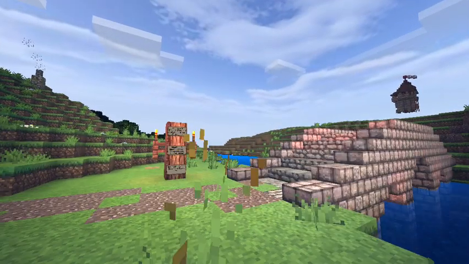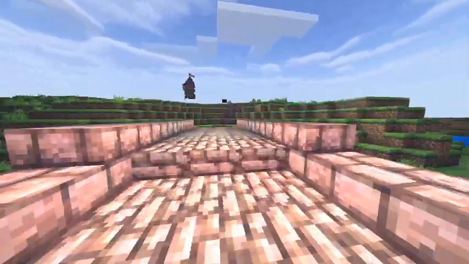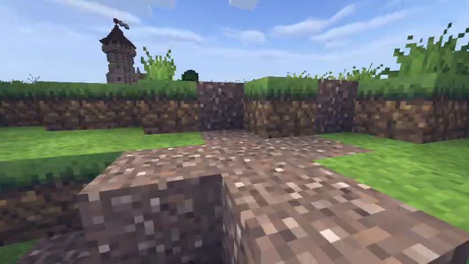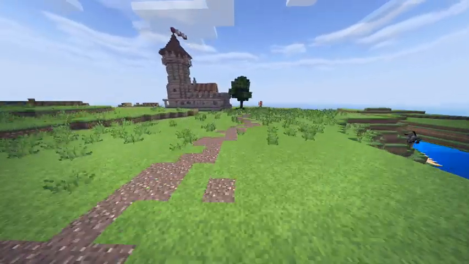We have a bridge here which was not designed by me. Again, you'll find the credit in the description because my memory. Okay, it's never been good, right? At least not with names. So we've got this path, and here we are, the barracks,